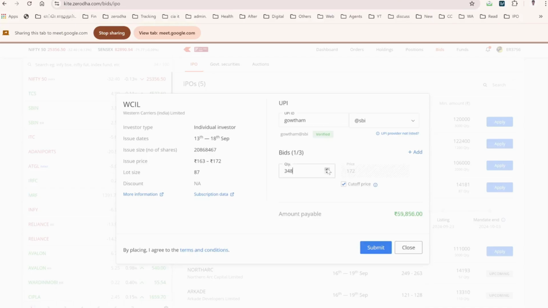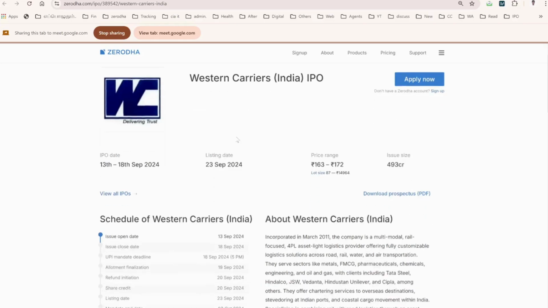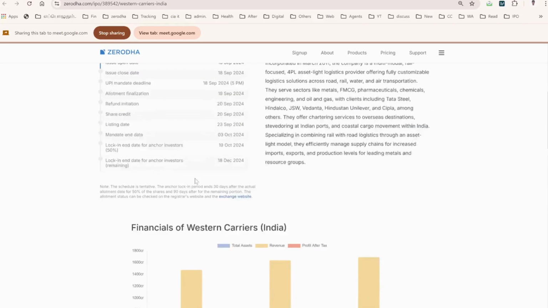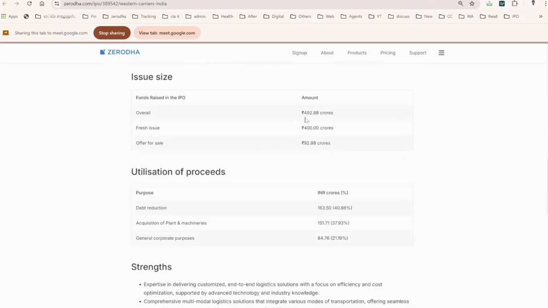So what I do, I click submit. Before that, there is a more information option where you can see many details. Let me show. You can see about the company getting listed, what the company is about, what they do, and about the financials of the company. So, about the issue size. Here, for example, the company is fundraising about 492 crores, where 400 crores is a fresh issue, and 92 crore is